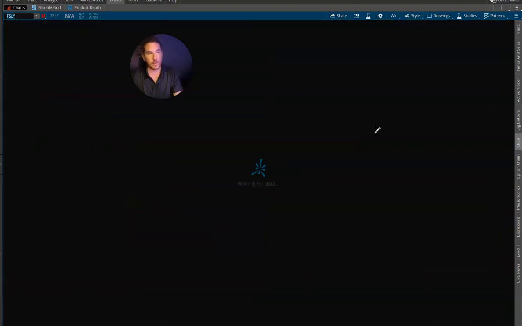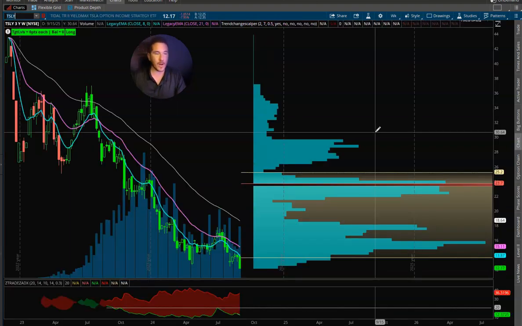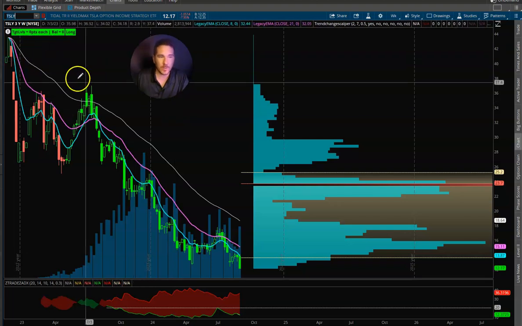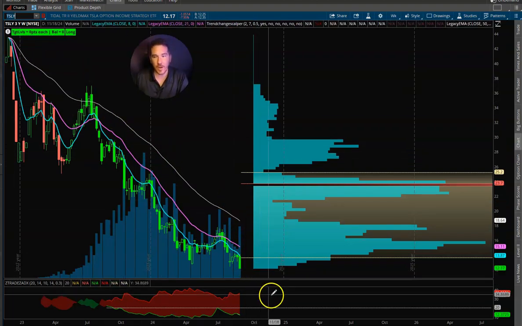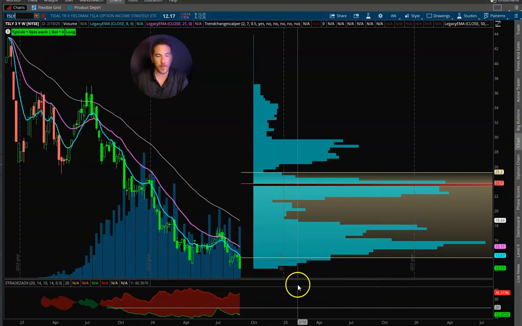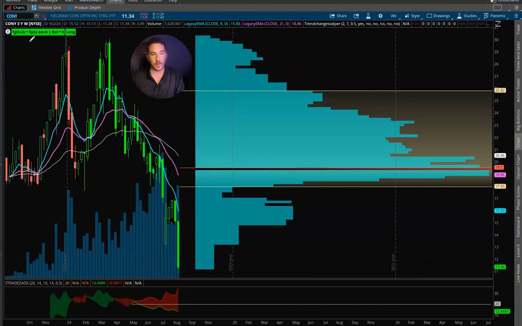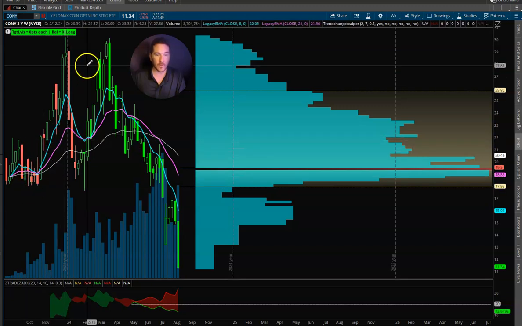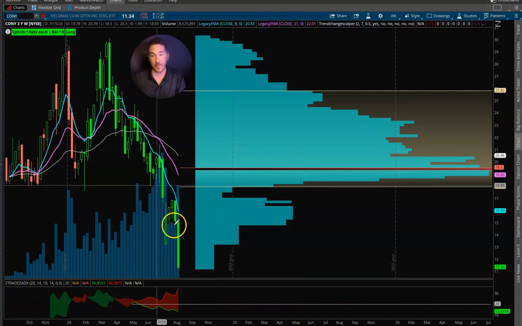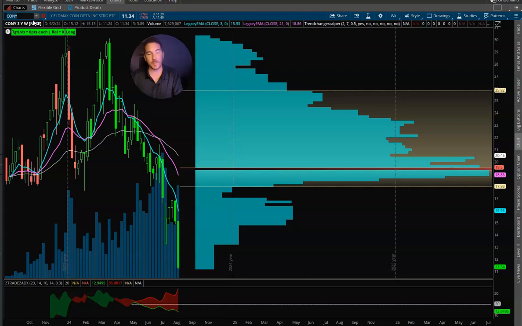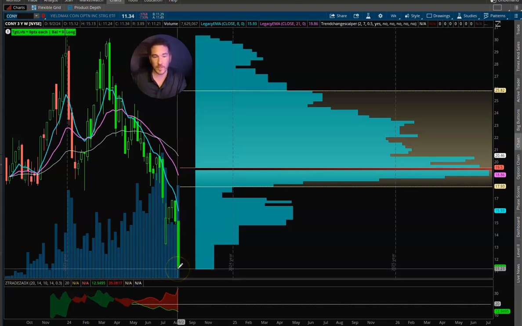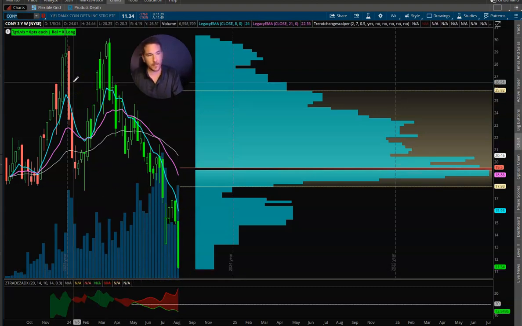We can put in TSLY. Right? If you put this on drip, it's just going to drop and never stop. And it's just going to keep dropping and dropping and dropping. It has to be something that's going to be going up. Like when Coinbase was going up, well, this may be a buy for me here coming out of September, because the yield on this is ridiculous. But